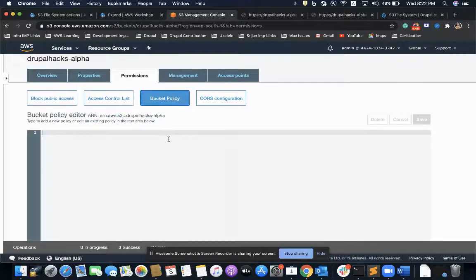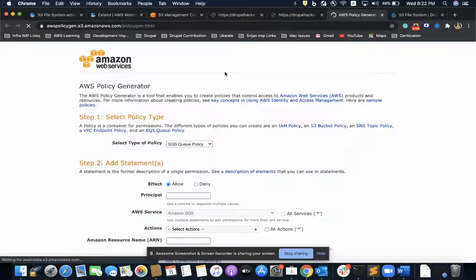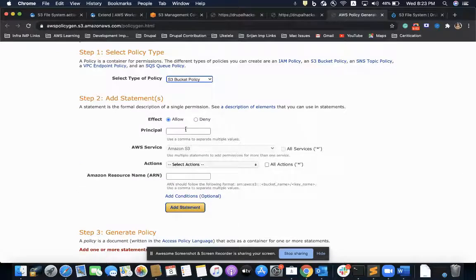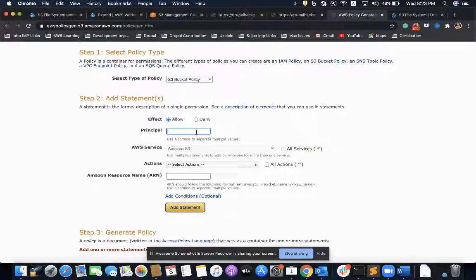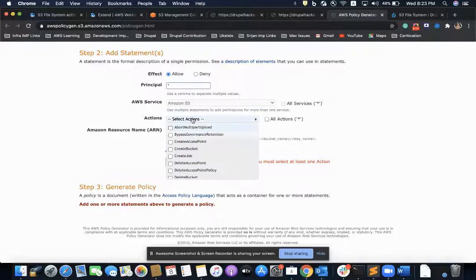Okay, so now we have to tell AWS to allow read-only access to everyone. How can we do that? We can do that by creating a bucket policy. AWS gives a helpful tool which we can use to generate the policy on the fly. I'll give principal as star, as in to allow everyone. Allow what?